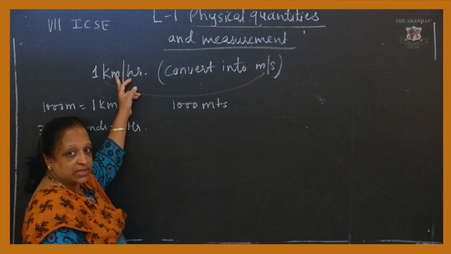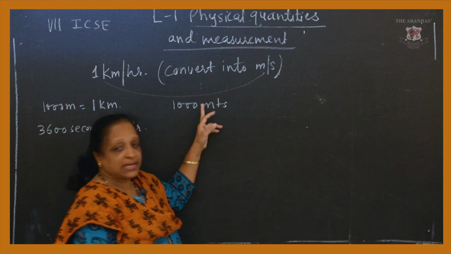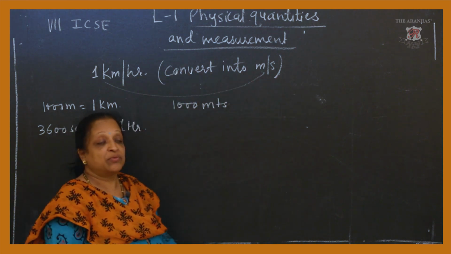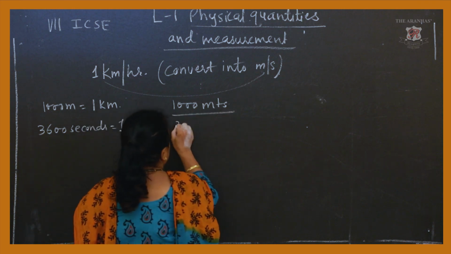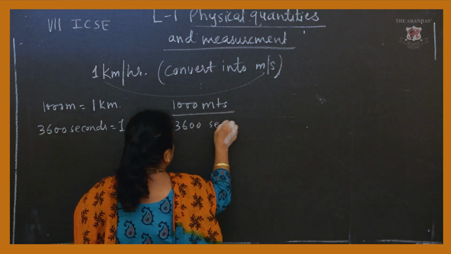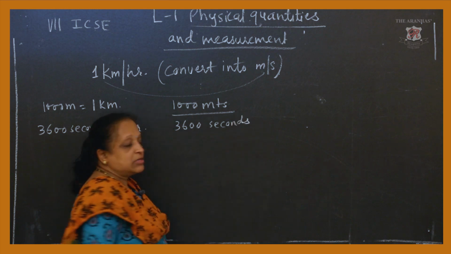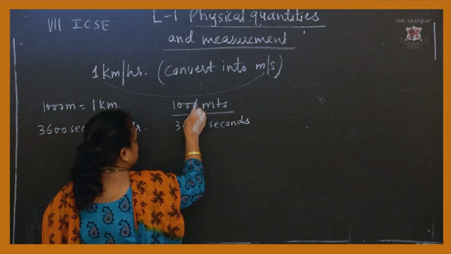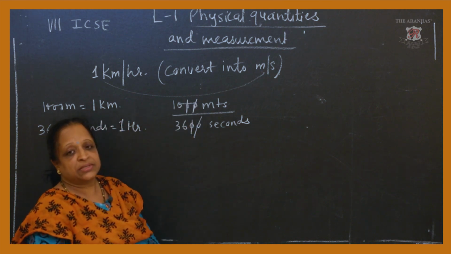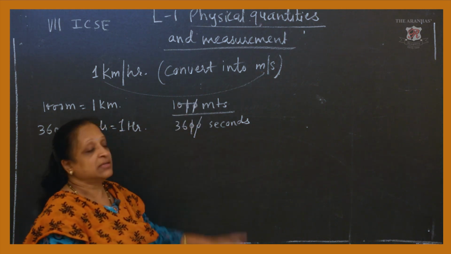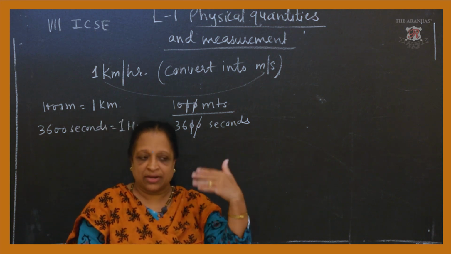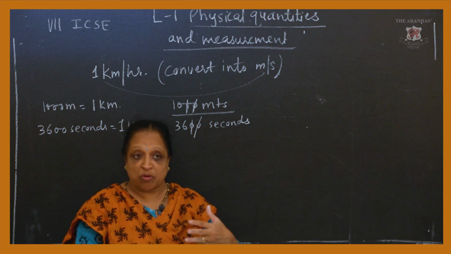As I have converted kilometer into meters by taking 1000 meters, this 1 hour I am converting into 3600 seconds. So now cancelling the terms, I will have 0, 0, 0, 0. Both the numbers, the fraction 10 and 36, are divisible by 2. We are dividing that into the least form of it.